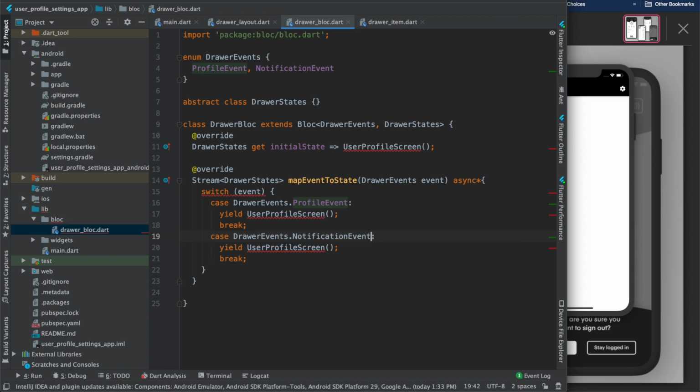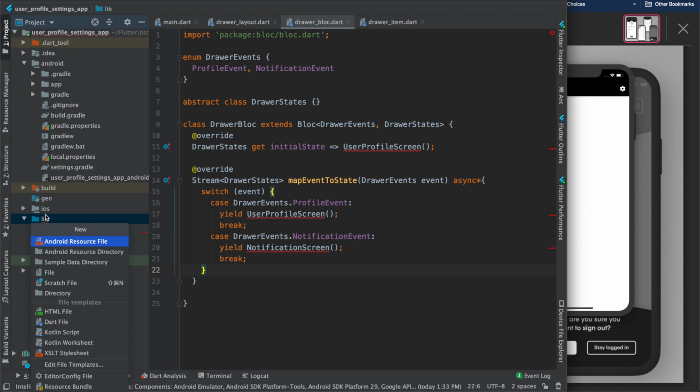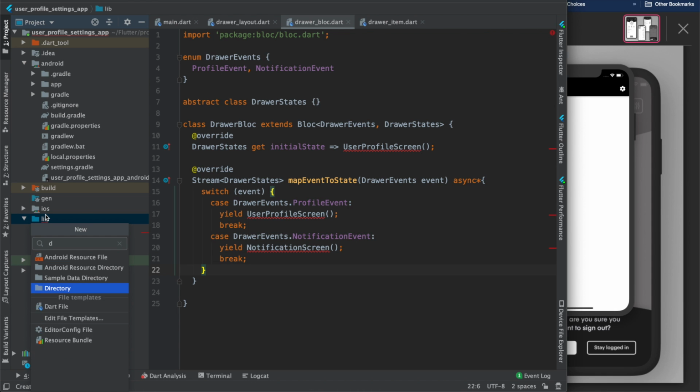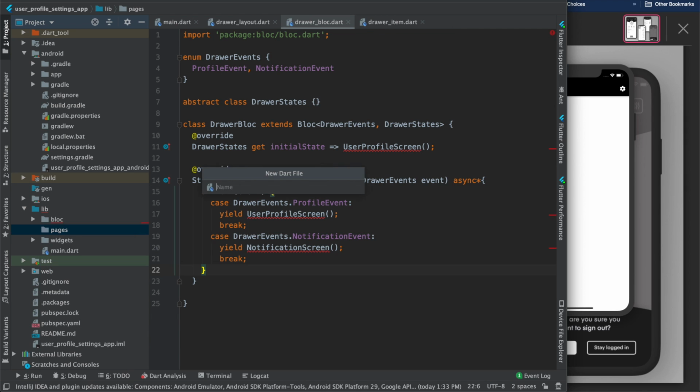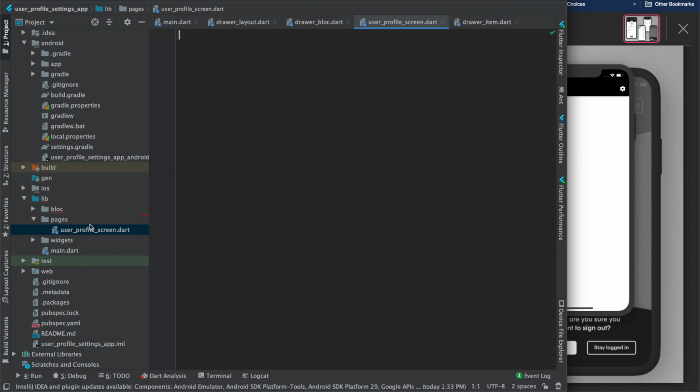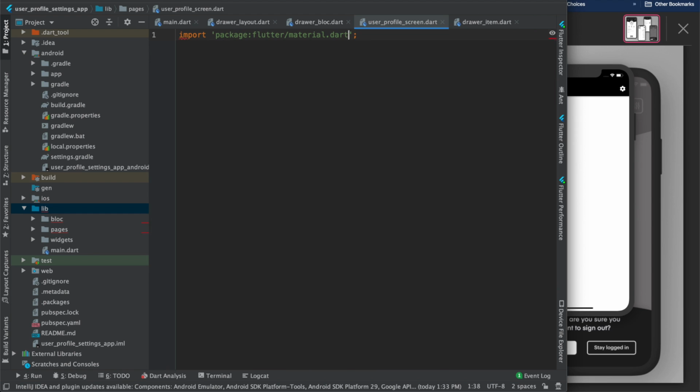Since there are two events, you need to have all the statements following that. Then you will have notification screen, right? So now the errors demand that we create a directory where we will create pages, and this will have two dart files. One will be user profile screen, okay, and let's create that very basic thing,